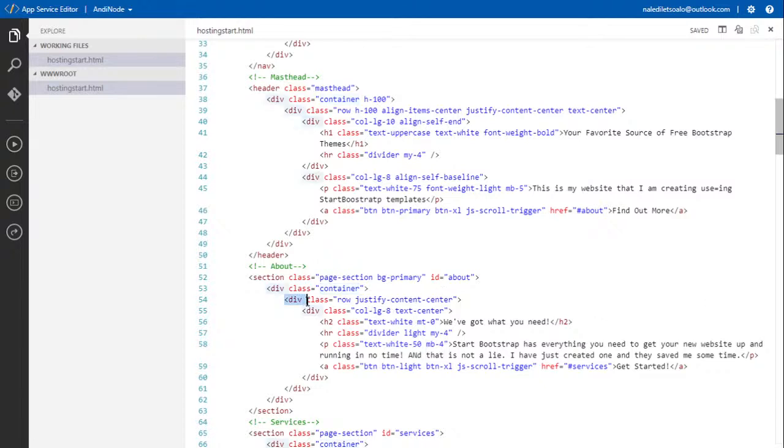And div class row justify content center. So in this particular container, I am now saying I want it to be in a row, and for this row to have this kind of alignment. It must justify the content to the center.